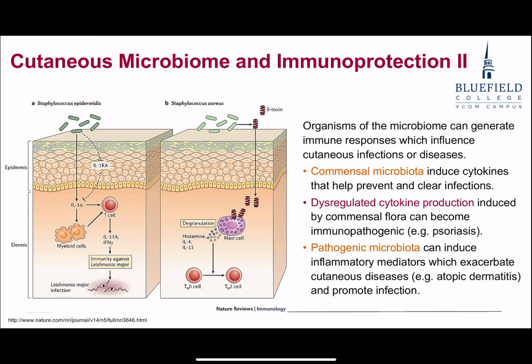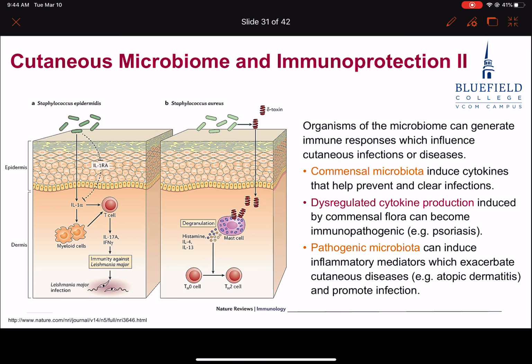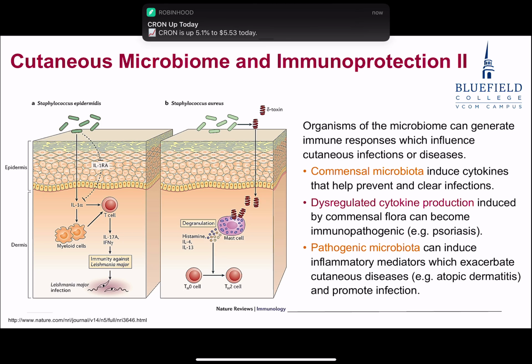We've talked about that dysregulated cytokine production that can happen when the microbiome becomes dysregulated, when there's that balance that is disturbed between the commensal versus the pathogenic, or when there's another change in the body and those commensal organisms now become pathogens. Somehow that level of, and again, I'm going to use this word loosely, because the next lecture is tolerance, and you'll see why I've sort of hedged when I say that tolerance to the commensal organisms is broken. So it's not an immunological tolerance, so be very careful about using that word maybe, but that